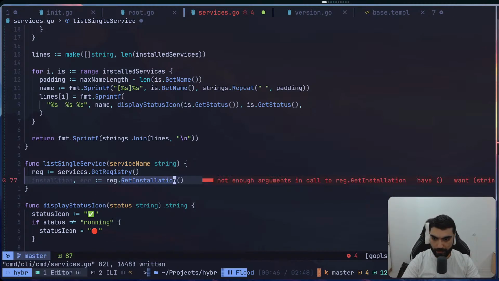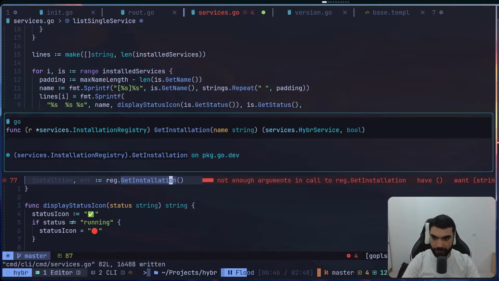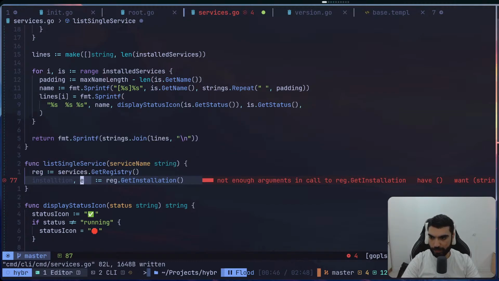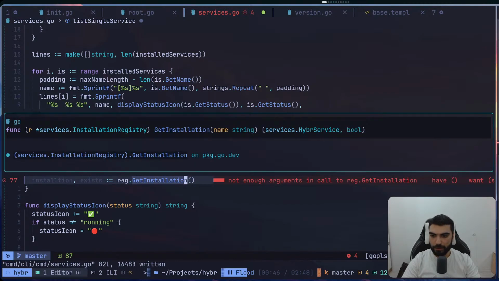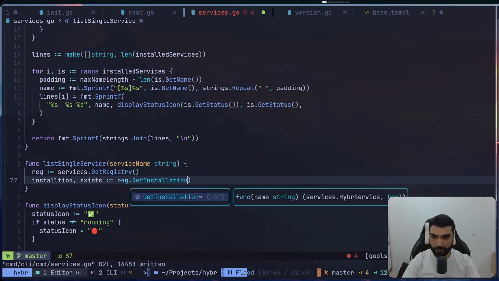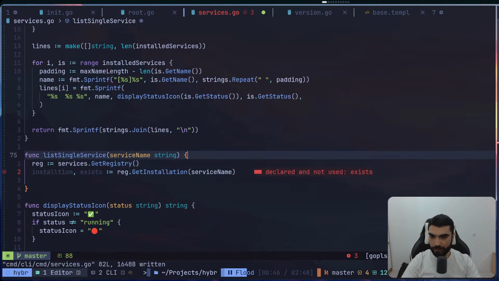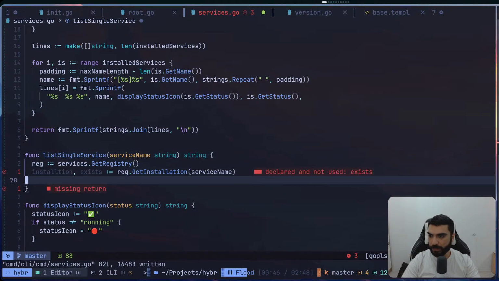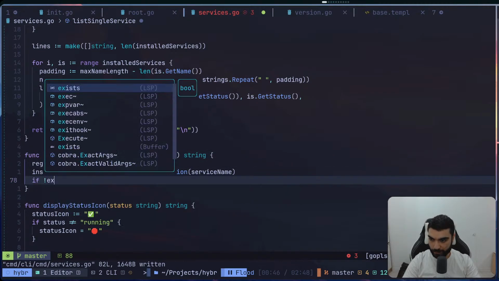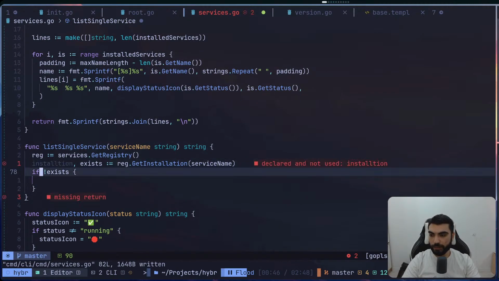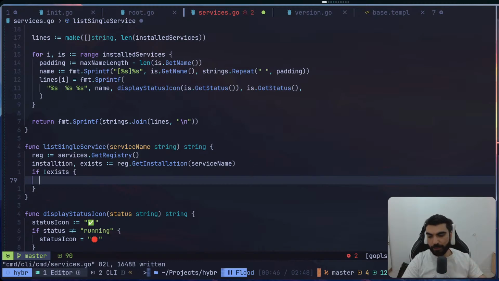Registry get installation, what does it return? Hybr service and bool, so exists, okay. Get installation, name is service name, if it's gonna return a string, if there is no service with the given name, return